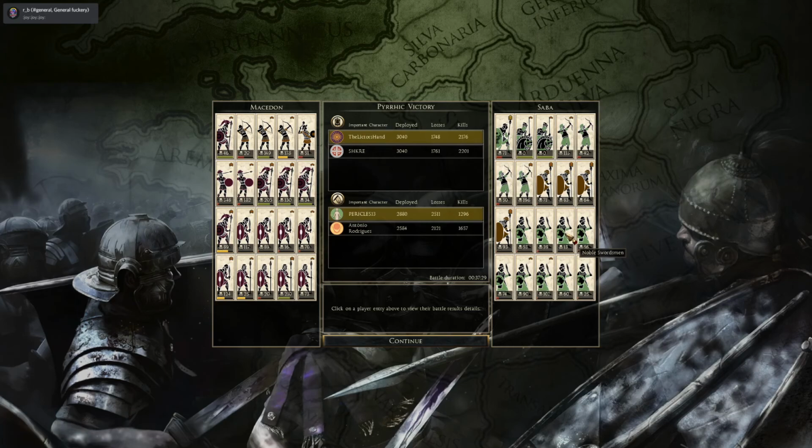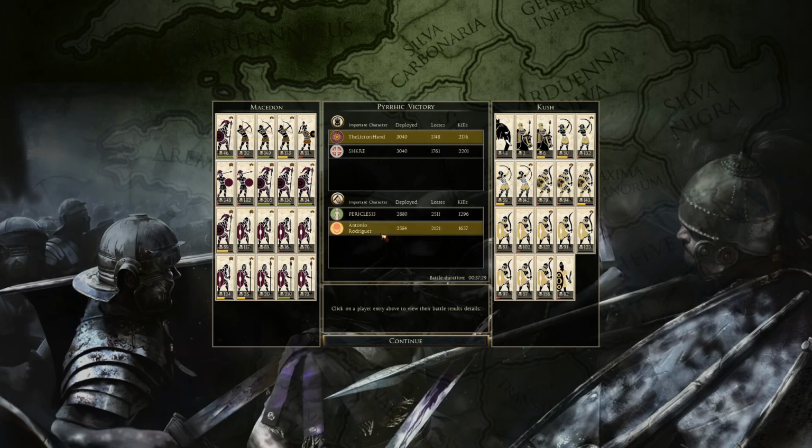I feel like though that they need to be backed up by another unit. I think Saba gets Axemen too. So if he had mixed in some Axemen with them, because if Saba's anything like Nabatea, they get the Axemen, and then those Axemen have Javs. So I feel like if he had mixed some Axemen in there, he would have gotten some better kills. But nonetheless. And then Antonio Rodriguez with